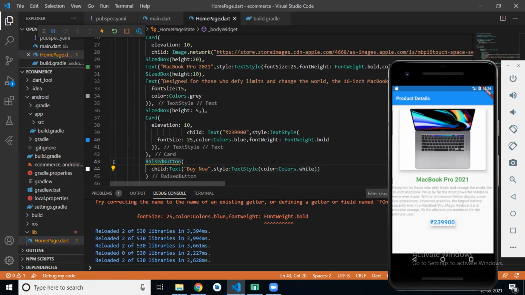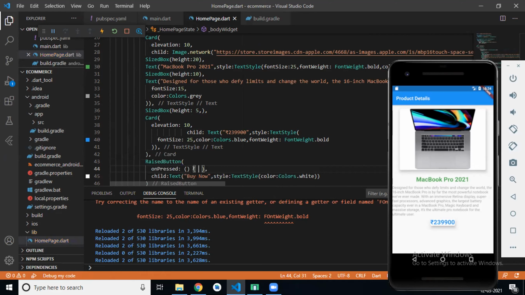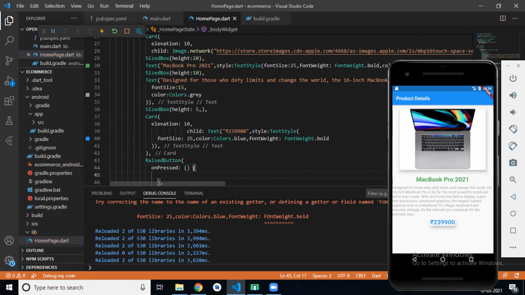We have an on pressed method in our raised button. In on pressed, what do we call? Pay now method, right?